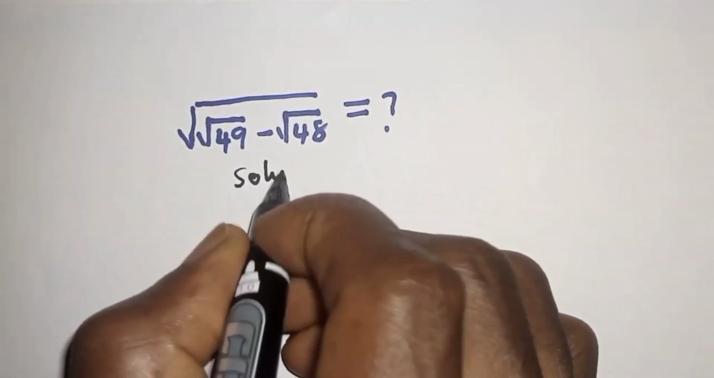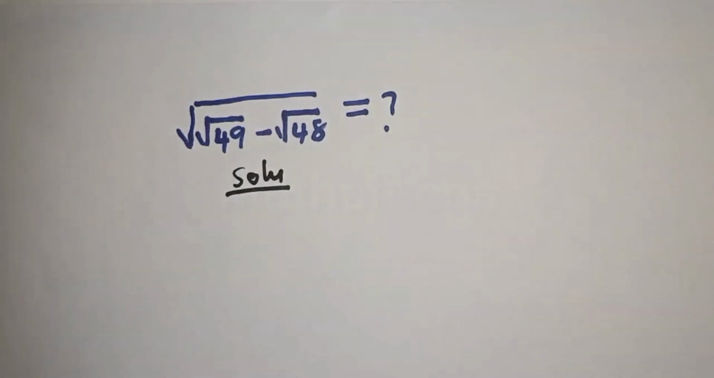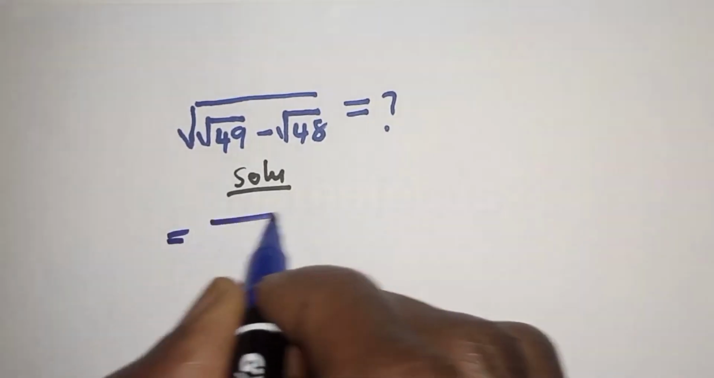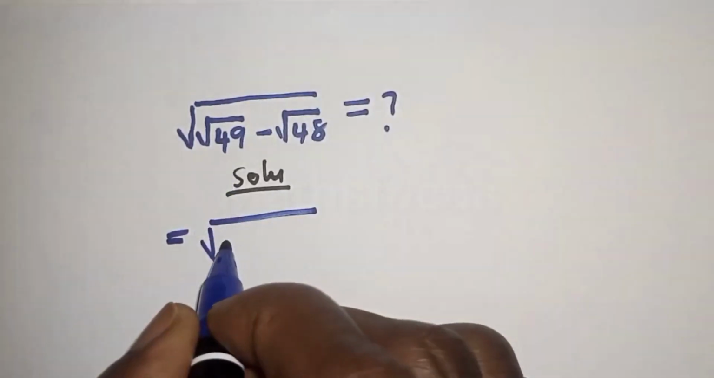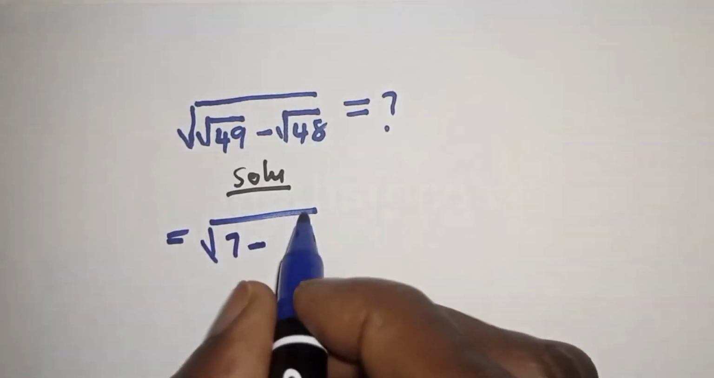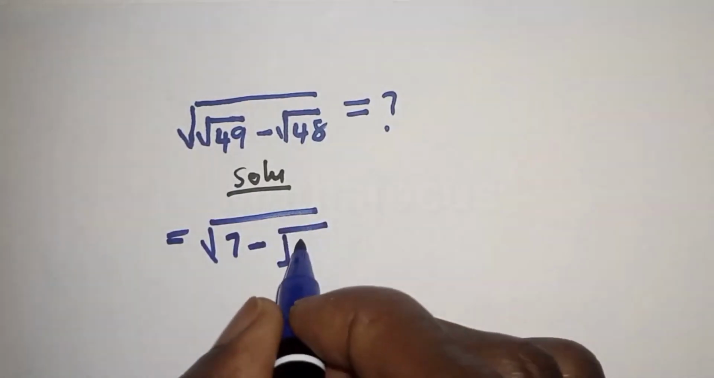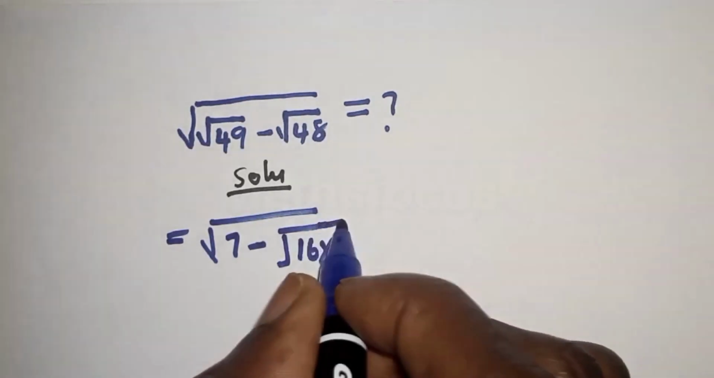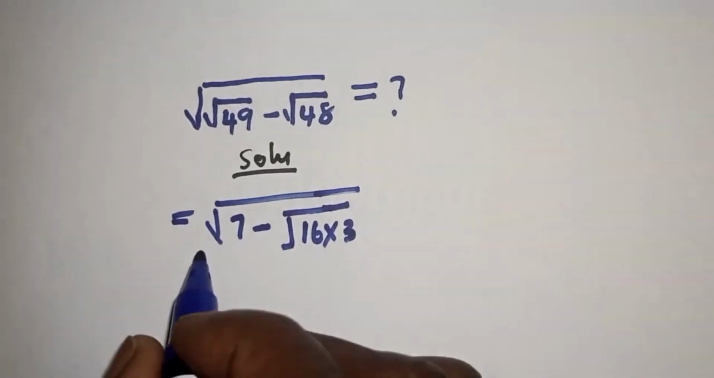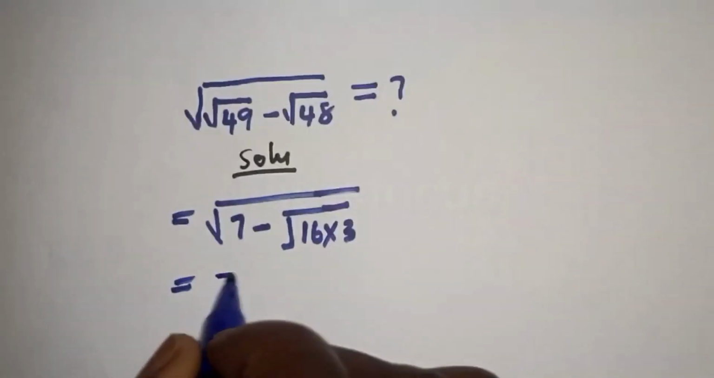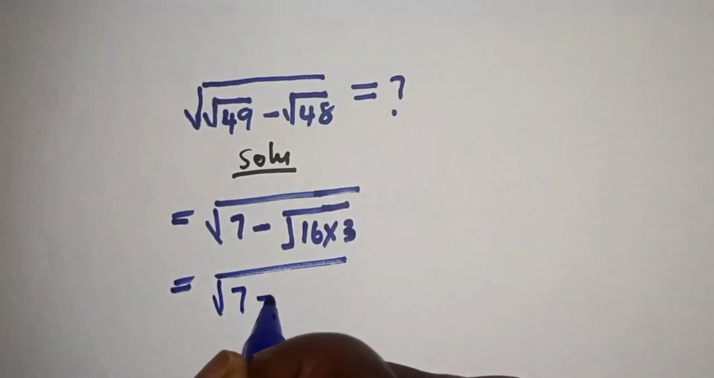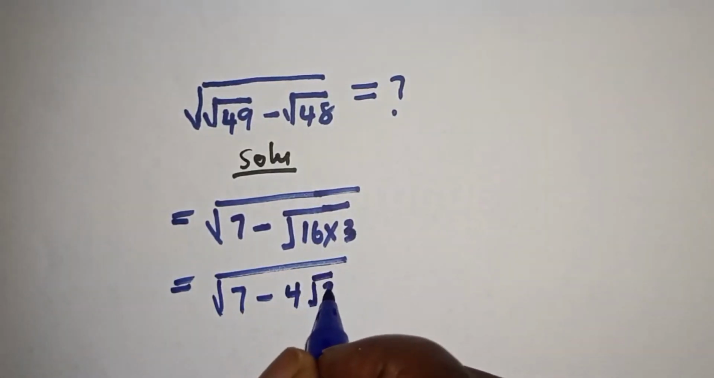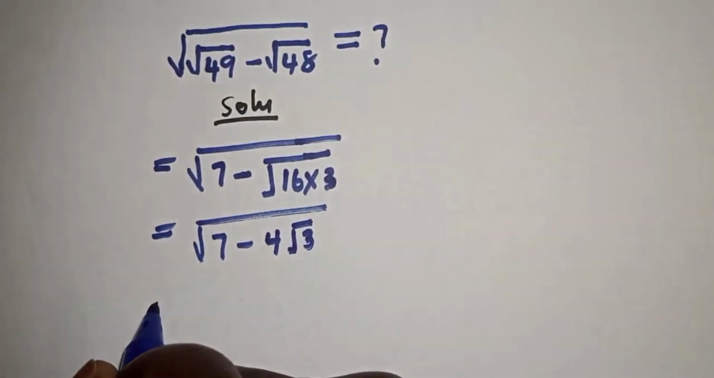Solution. Then this is equal to square root of 49, which is 7, minus square root of 48, which is 16 multiplied by 3. This is equal to square root of 7 minus square root of 16, which is 4, then root 3. So this is equal to